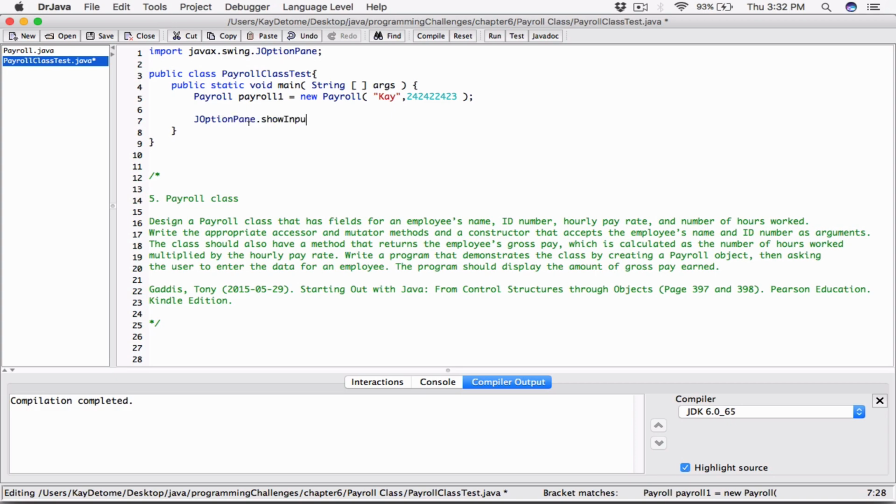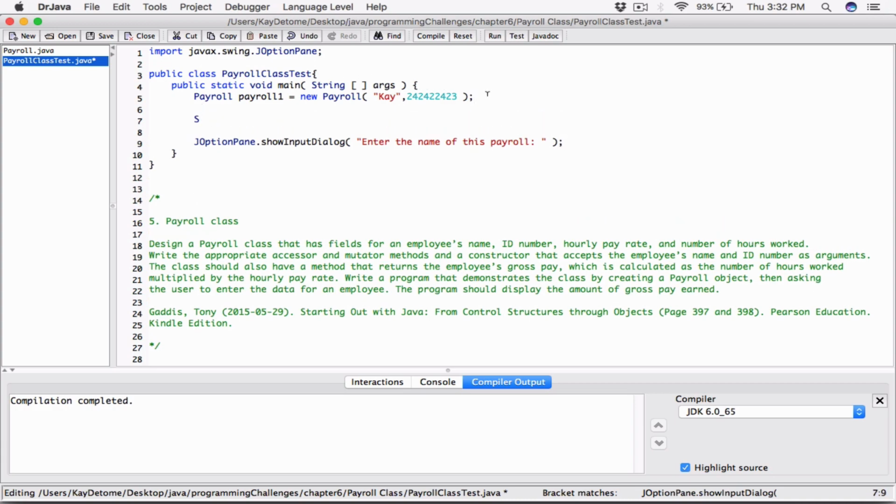Dot showInputDialog, and then I'm going to ask the user to enter the name of this payroll, something like that. Okay, now we've asked the user, we need to go ahead and have a variable that's going to hold whatever the user is going to type, right? So I'm going to create a string variable called